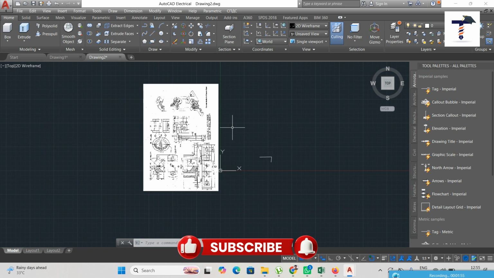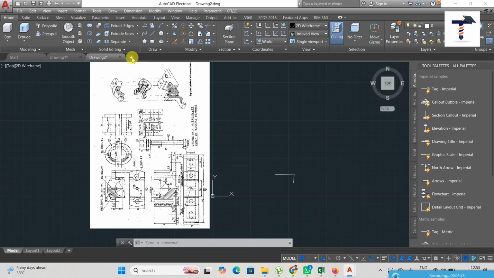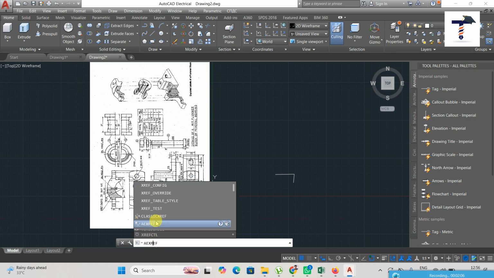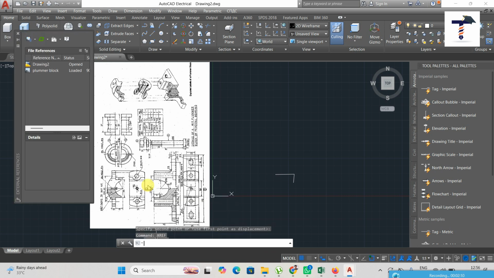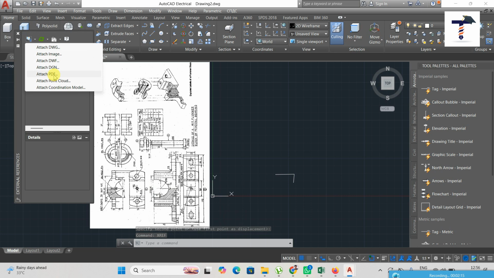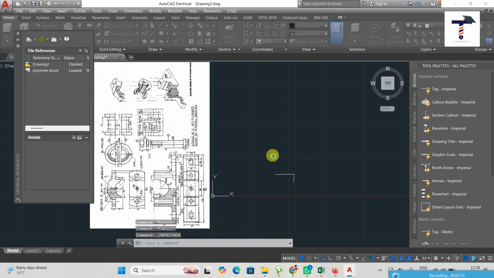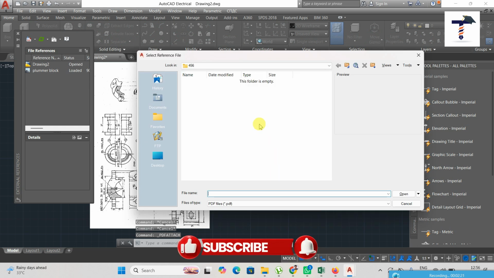Okay, and another one is, suppose you call any PDF. It is the same procedure also. So just type here X reference. This one is X reference, and then type here attach PDF. This is the attach PDF, and then call here, suppose